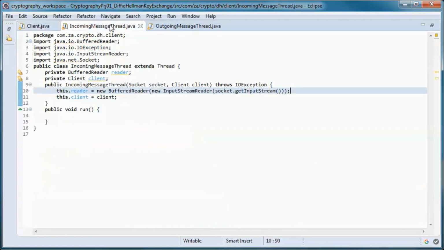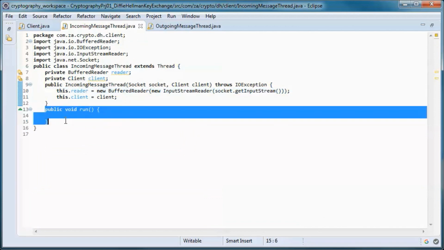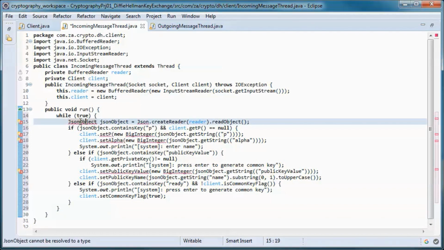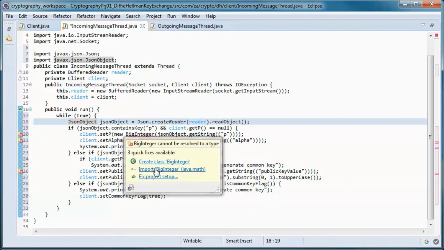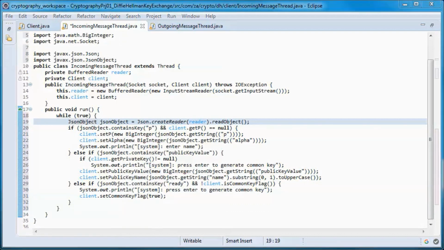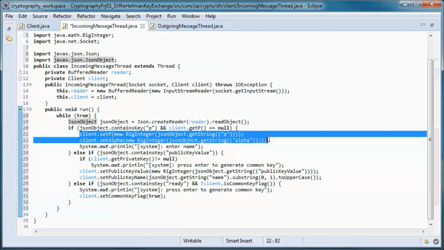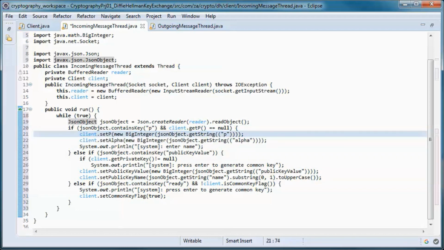And in the incoming message thread, this is the implementation of the run method. So here we're reading the content of the JSON message, and if it contains P and alpha, then we set those in the client instance.